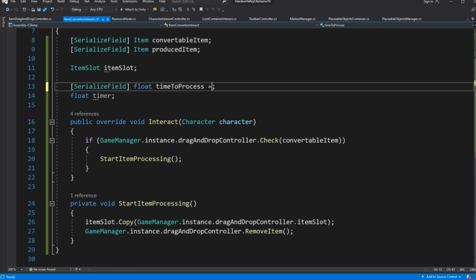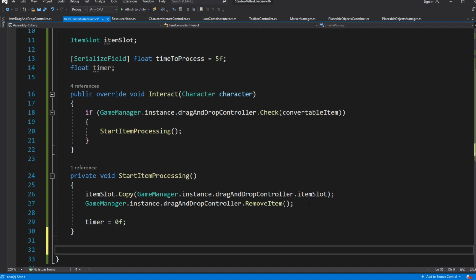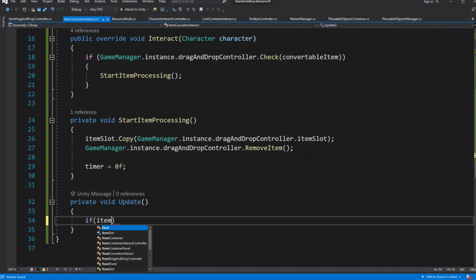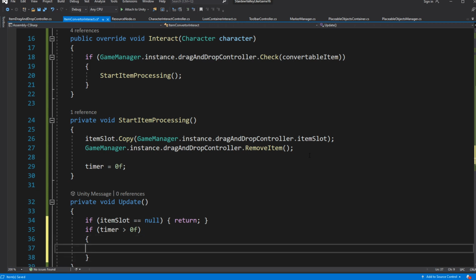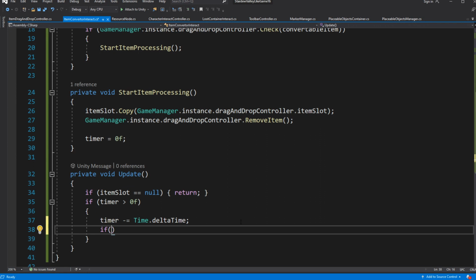If true, then start decreasing time. When the timer reaches less than 0, let's throw a debug message that we have completed the smelting process.